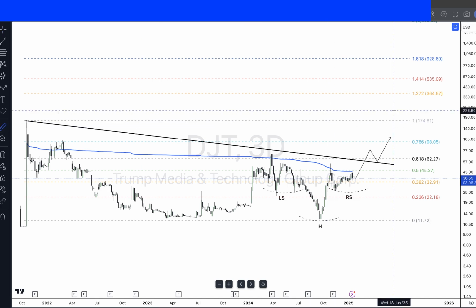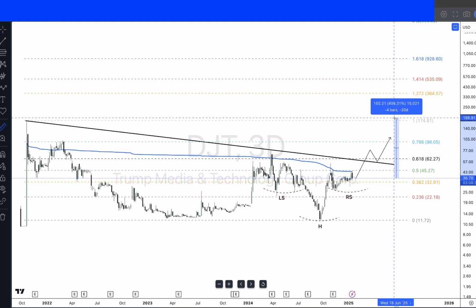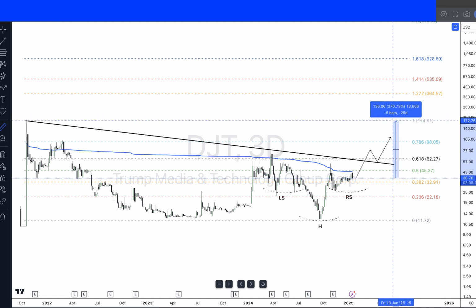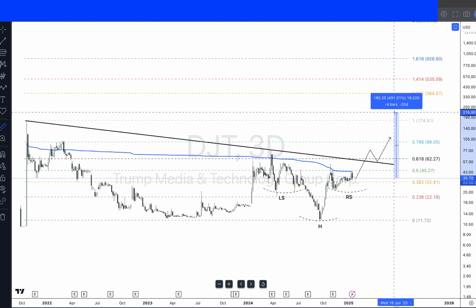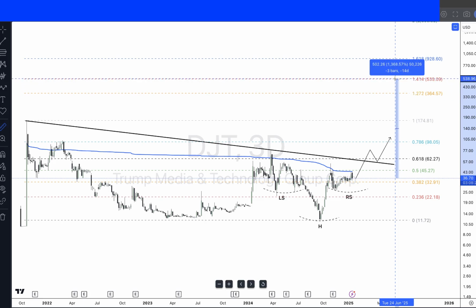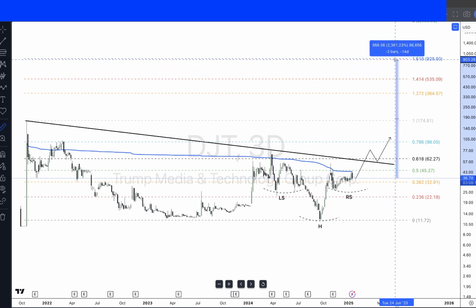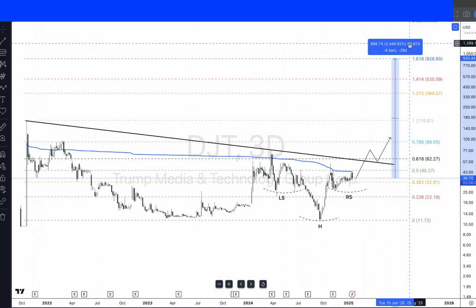So this is what's really cool: from time of recording, if we were to measure this move back up to the all-time high, it's 370%. And then right here, we've got a move of almost 1,400%. I think that's almost a lock if we can get price to break out above that all-time high neckline. And then I'll leave you with this. Again, high probability with the assumption price breaks out of this all-time high over here, that's almost a 2,500% move.